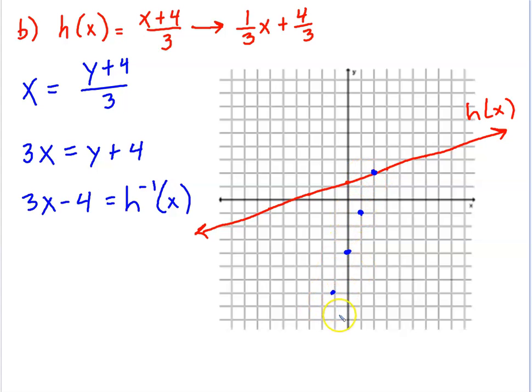Okay, and I think we got enough, so do your best to line those up. And that's not great, but I think you get the idea. And we're going to call this the inverse of h. Something to keep in mind, we dive into this a little deeper in honors, but something should always happen